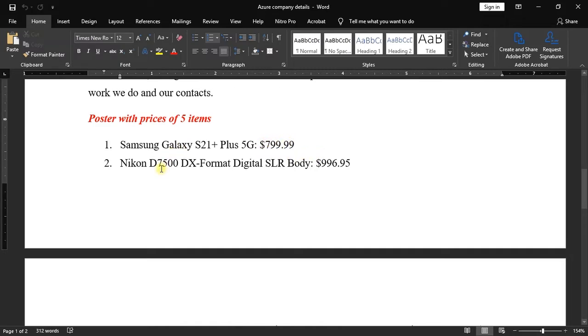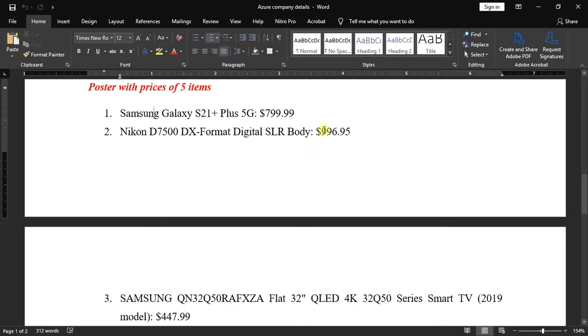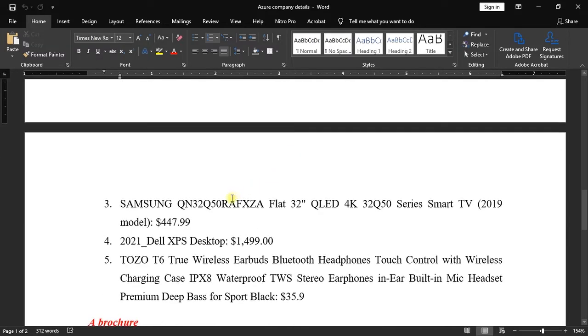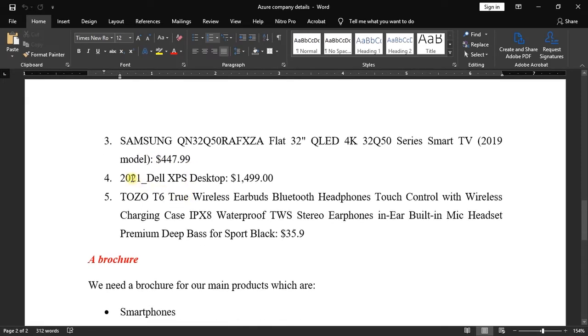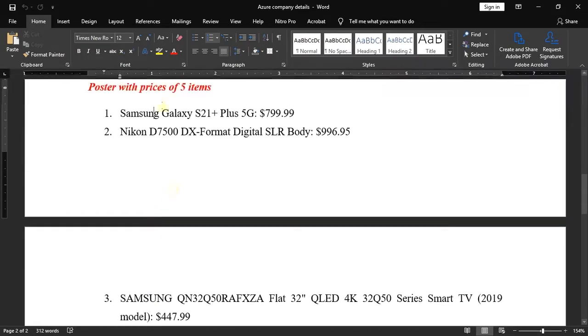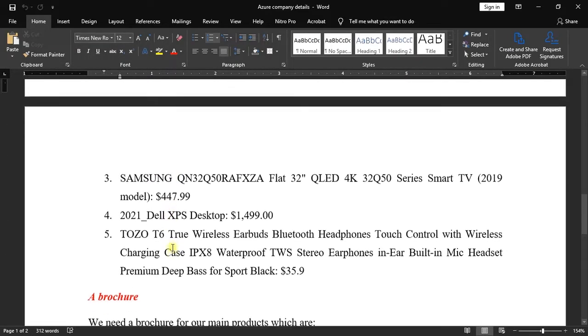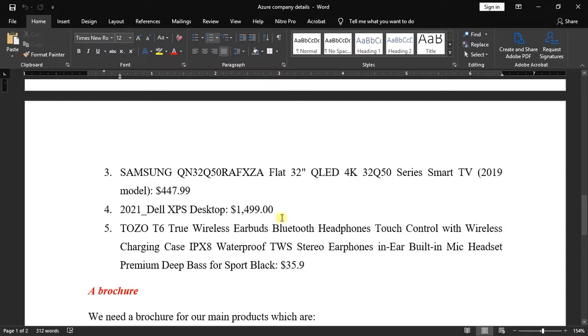The next thing we're going to be creating is a Nikon D700DX format digital SLR body camera, and its cost is actually $996.95. We're going to create an ad for a Samsung QLED flat 32-inch smart TV. Its cost is close to $450, and we're going to create a simple poster with the price of a Dell XPS desktop, that is 21